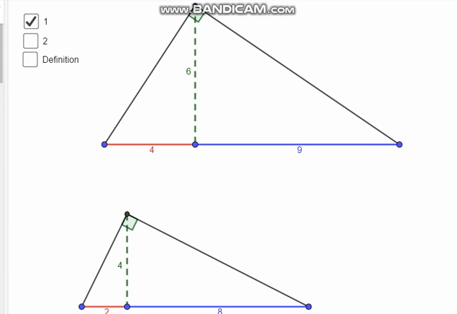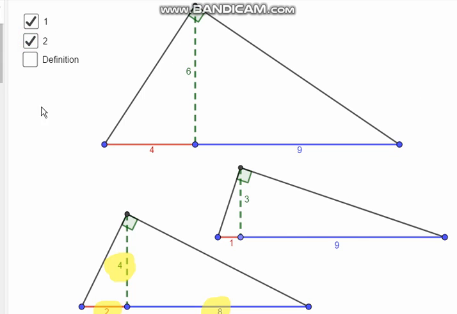So here the pattern is doubling, right? I have a side length of 2. On the left side of the altitude, double it to get to 4. That's the length of the altitude. And the other segment of the hypotenuse is 8. So 2, 4, and 8, those are 3 consecutive terms in the geometric sequence 1, 2, 4, 8, 16, 32, 64. We can take a look at another example,